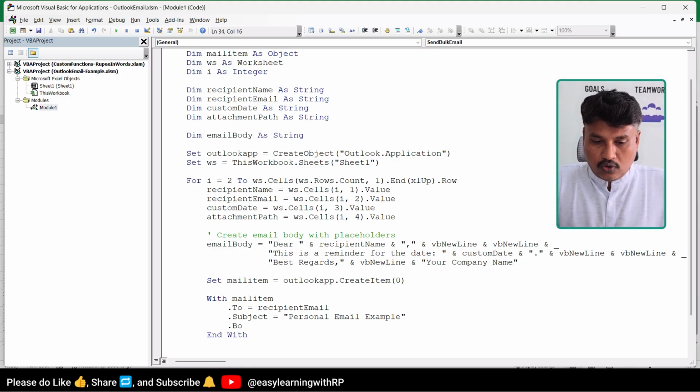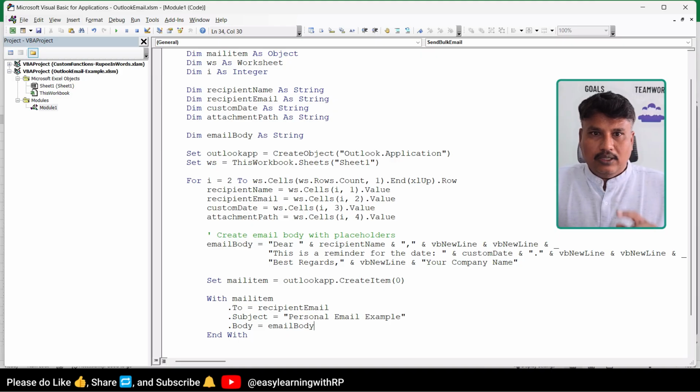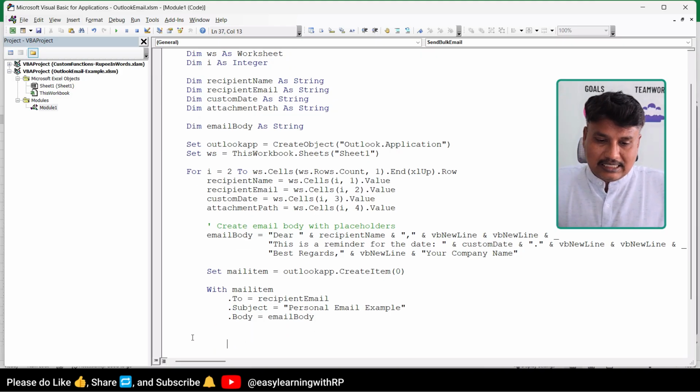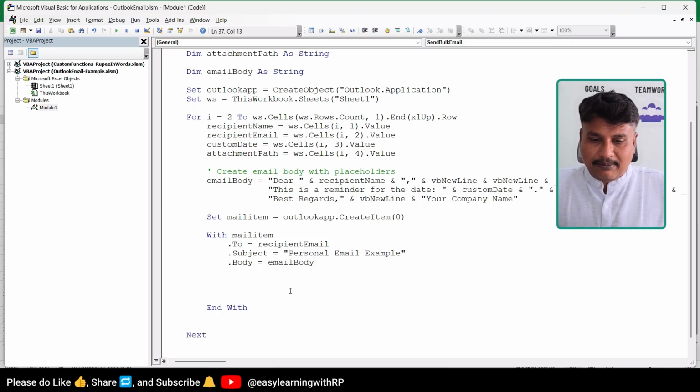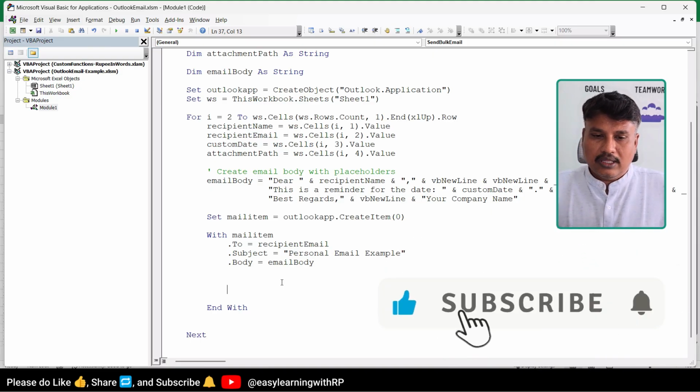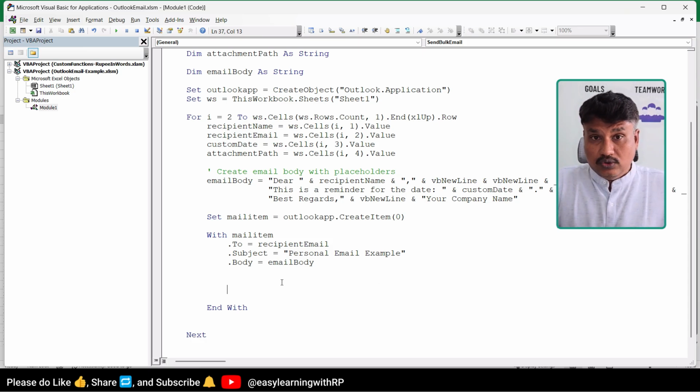We are going to show a body over here, and we have the email body. So email body, okay. So these are the things that we require to send an email: to, subject and body. Even if you have a cc or something like that, you can put a dot cc and just give the values to it. Next, we also need to validate whether it contains an attachment or not. If an attachment is there, we will add it to this email.